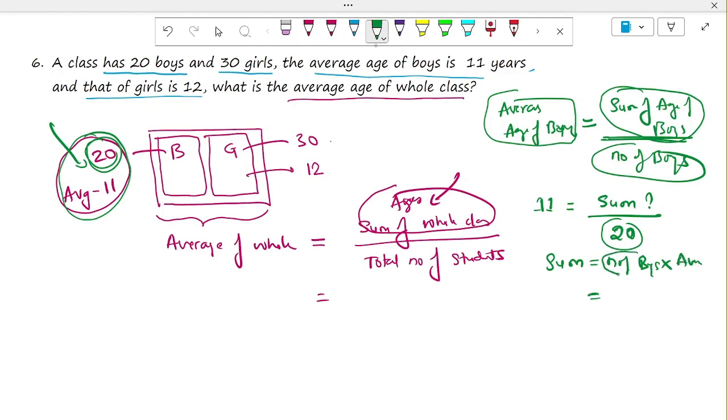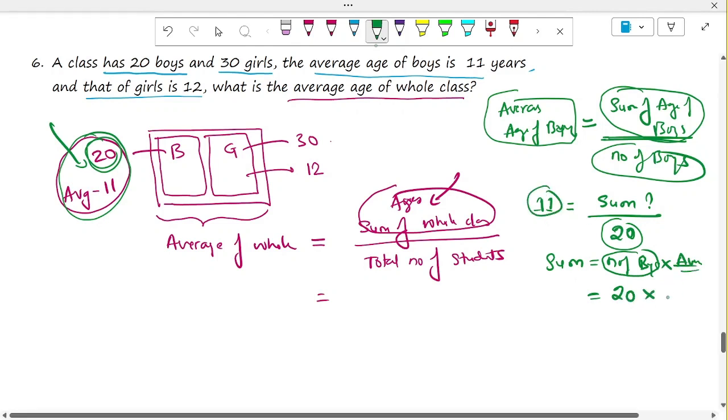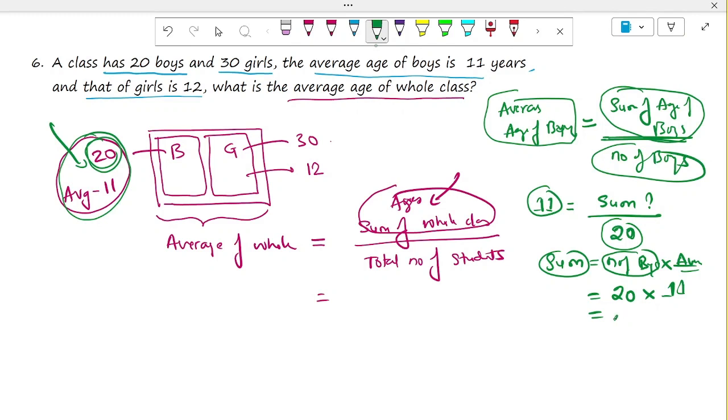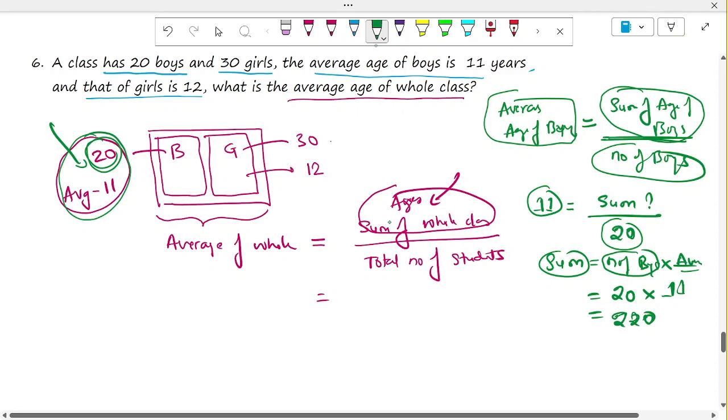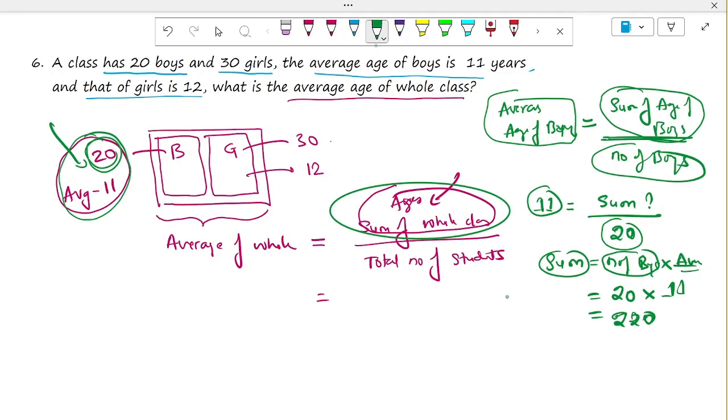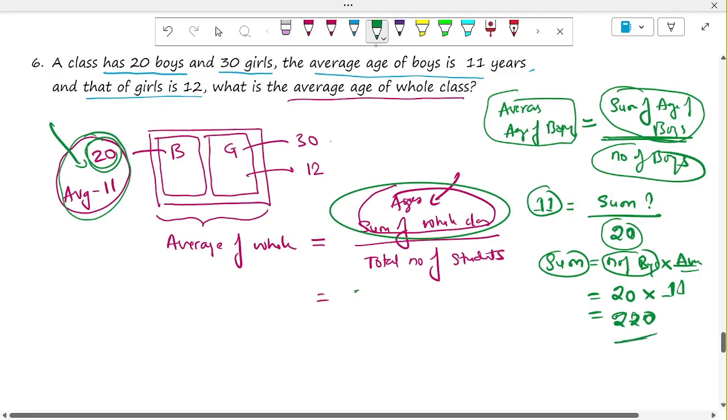So this will be equal to what? The number of boys is how much? 20 into the average age, 11. So the sum of the ages of boys is equal to 220. You got it. Now we want the total sum of the ages of all the students. But now I have got it for boys. So write it down, 220